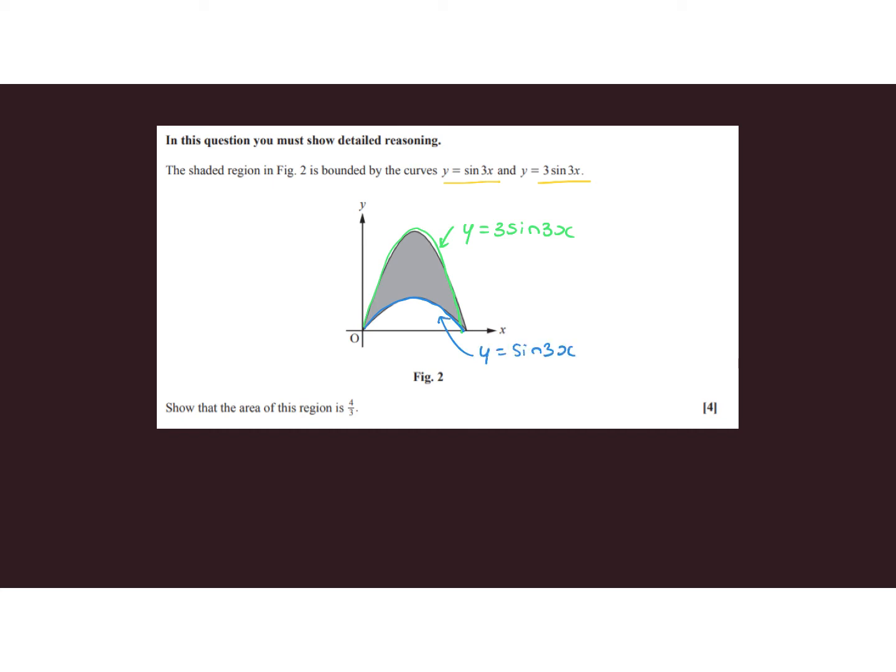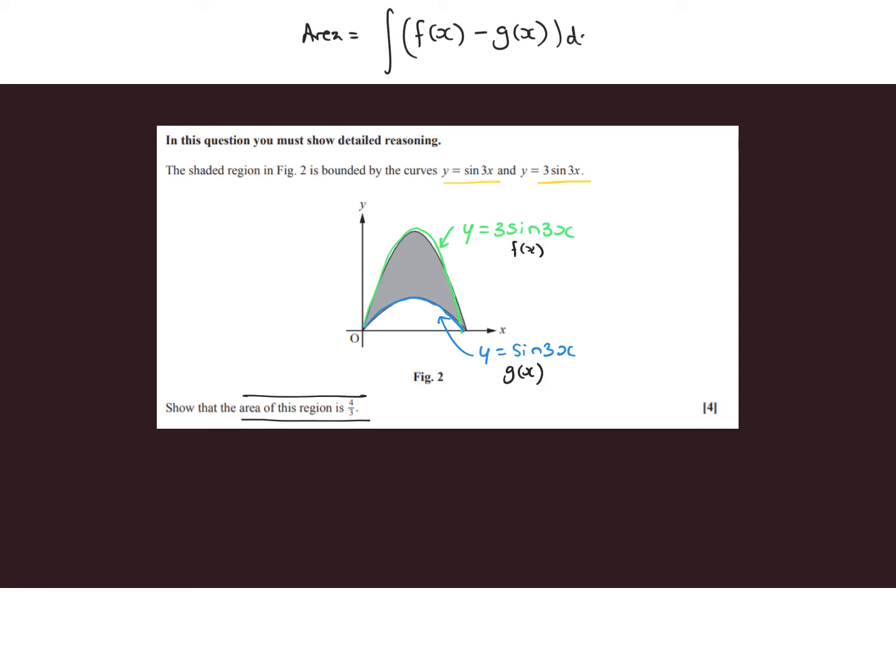Now the question asks us to show that the area of this region is 4/3, which means this is also an integration question. Now, the area that's trapped between two curves can be calculated by doing f of x minus g of x, where f of x would be your higher function, g of x would be the one underneath,